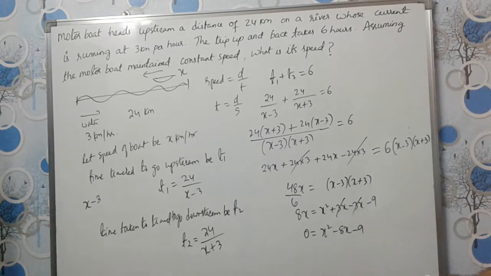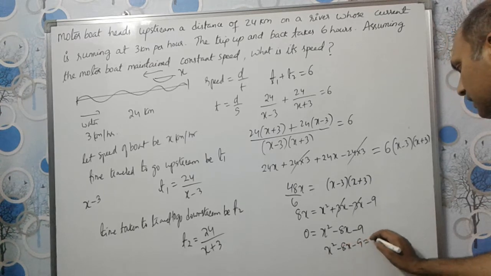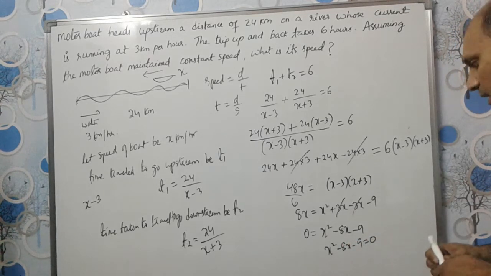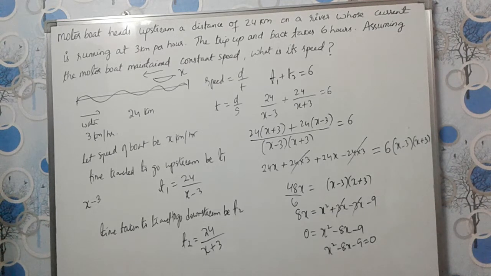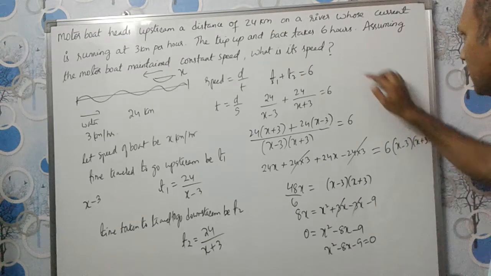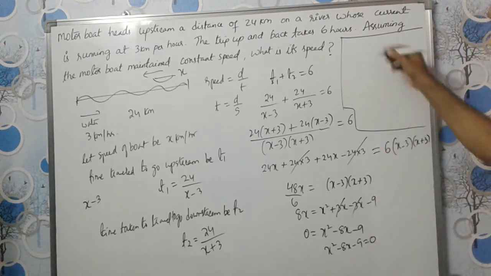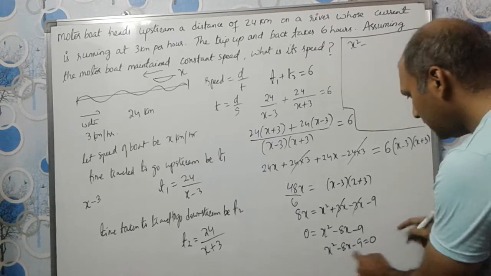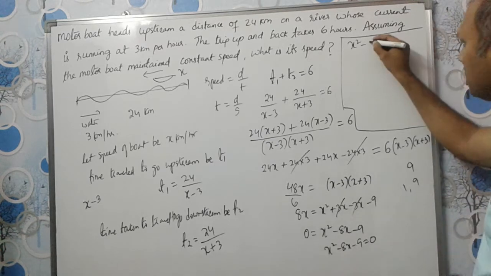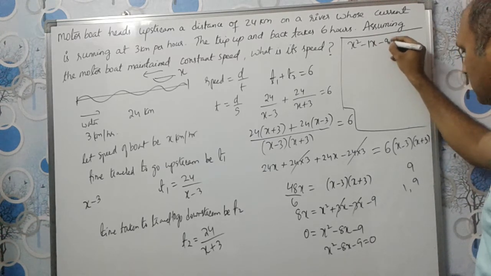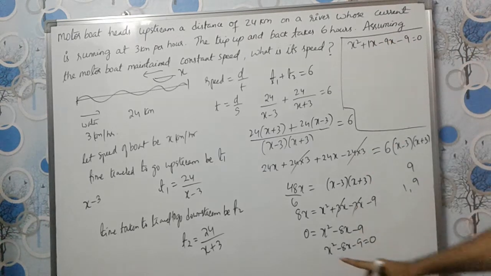Okay. So finally what do we have? We have x square minus 8x minus 9 is equal to 0. Okay. Now we should split the middle term and find the value of x. Alright, I don't have place here. What I'll do is I'll write here, hoping that it will take this much place only. See, 1 into 9 is how much? 9. Factors of 9, we can take 1 and 9 to get minus 8, right? Middle term. So I'm writing it like this. x square plus x minus 9x minus 9 is equal to 0, plus 1 minus 9, because we need minus 8, right?